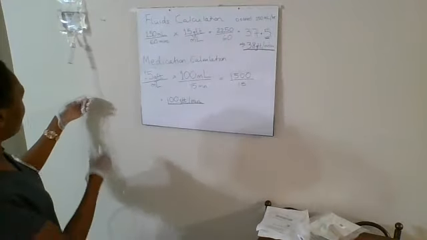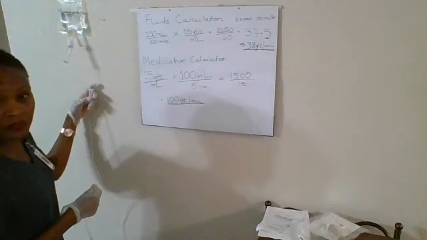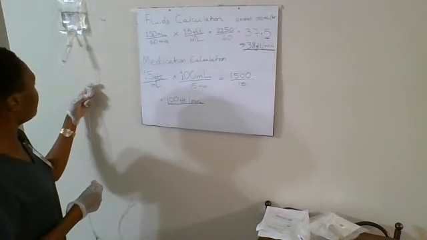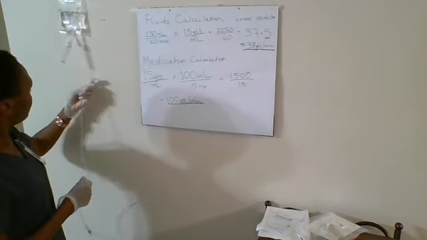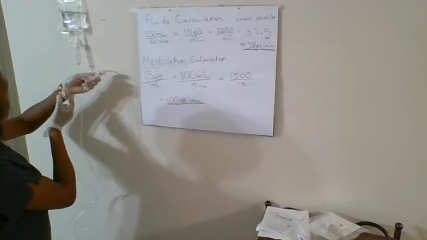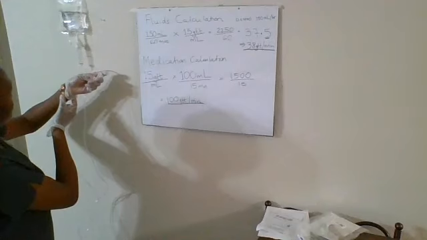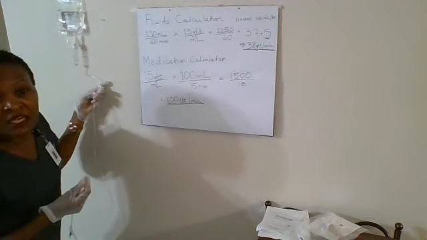So I'm going to go ahead and start counting as I let the drops flow through opening my clamp. Okay, once this is done, I'm going to close my clamp right now